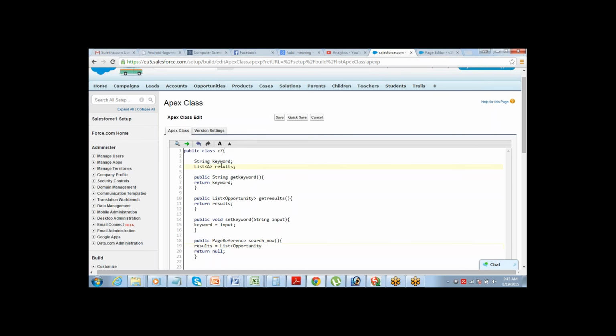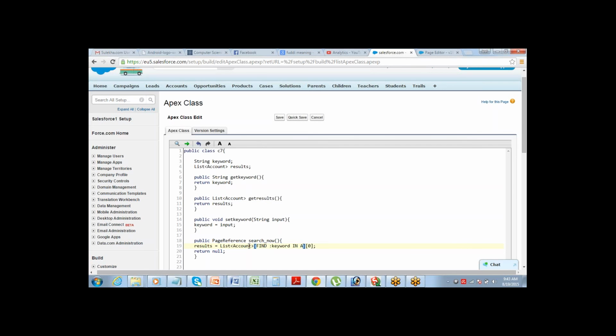I think that will be better. This is where you have to write a find statement. Find. What do we need to find? Keyword.